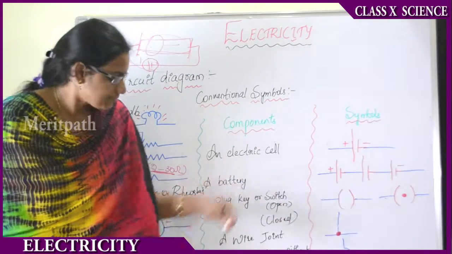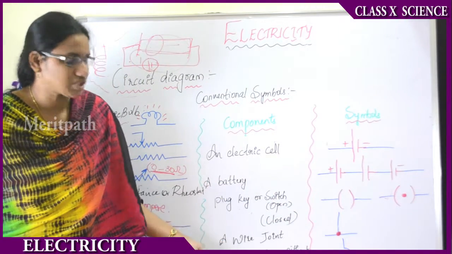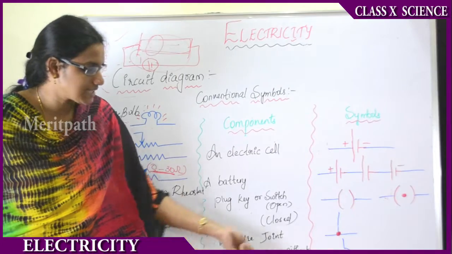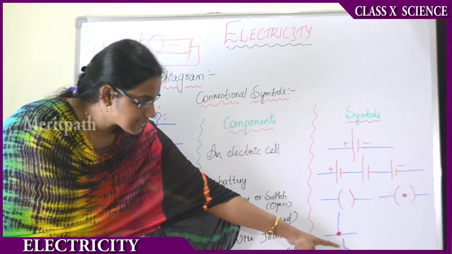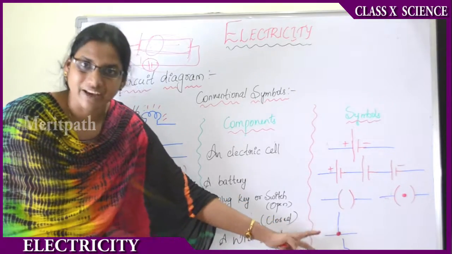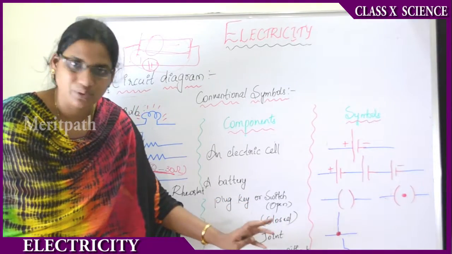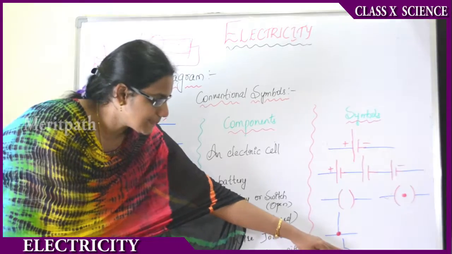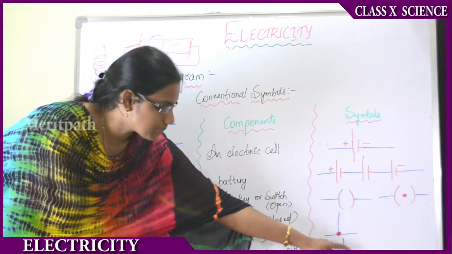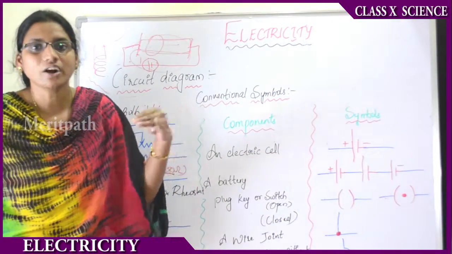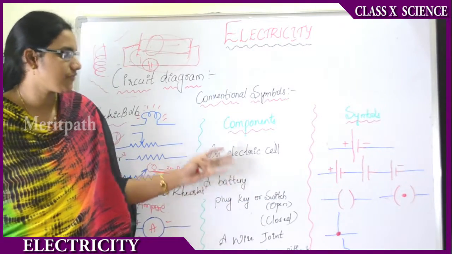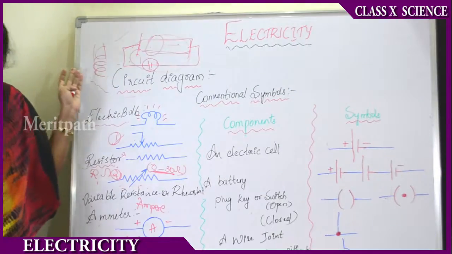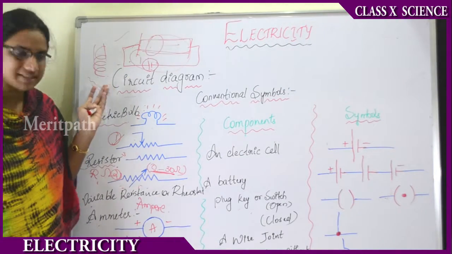with a dot. And let us see the wire crossing without joining. For wire crossing without joining, you will be seeing this symbol. Here, these are two separate wires. They are not joined in any position. Such symbols will be denoted with this cross mark. That means they are not joined. They are separated. Okay. These are a few symbols which we will be using in electrical circuit diagrams.